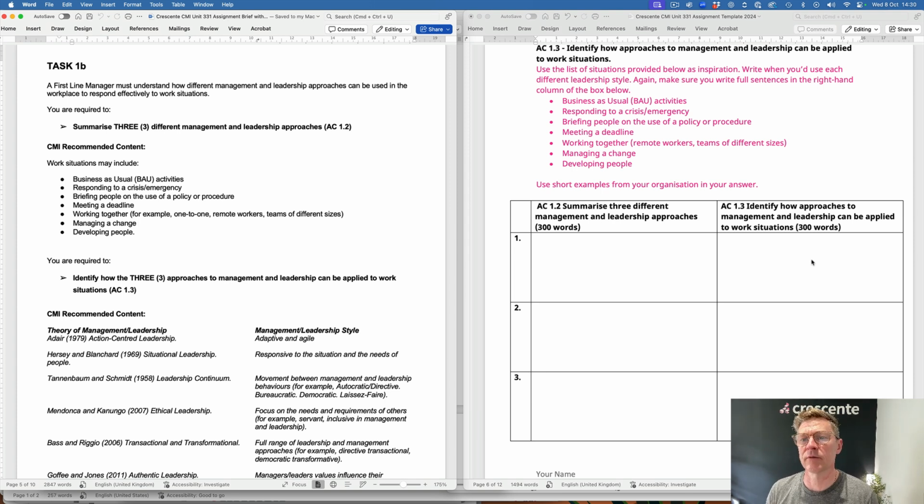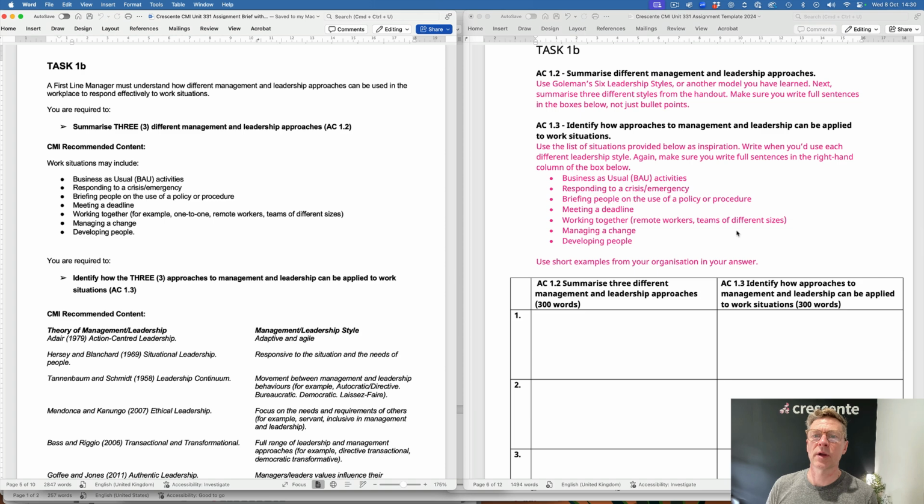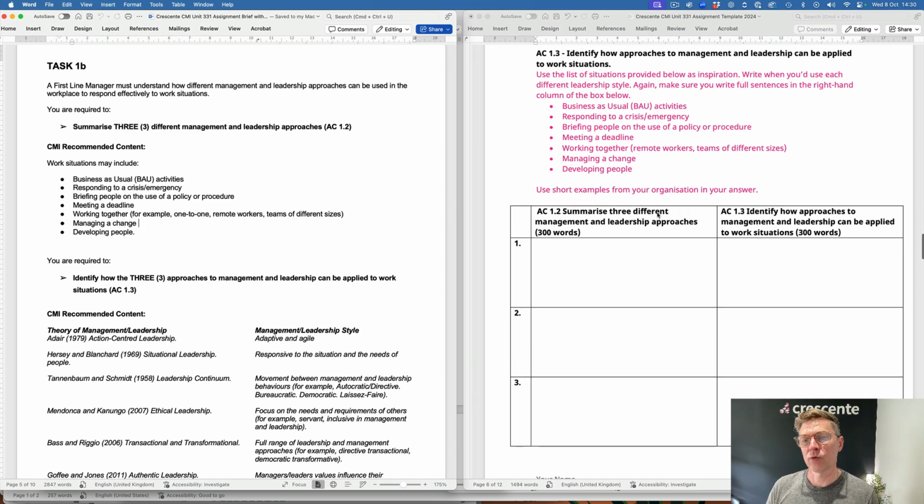So I can think of lots of examples of when you would use the coaching style, and you would need to unpack those a little bit and explain them. So we would do coaching style summary, and then coaching style example and application, and then the same with 2 others. So that is AC 1.2 and AC 1.3, and they all go in there together